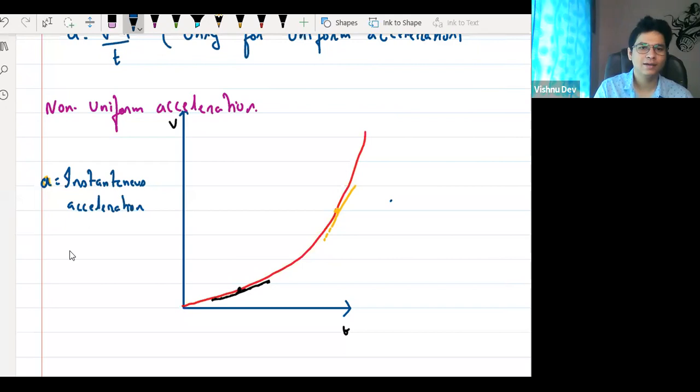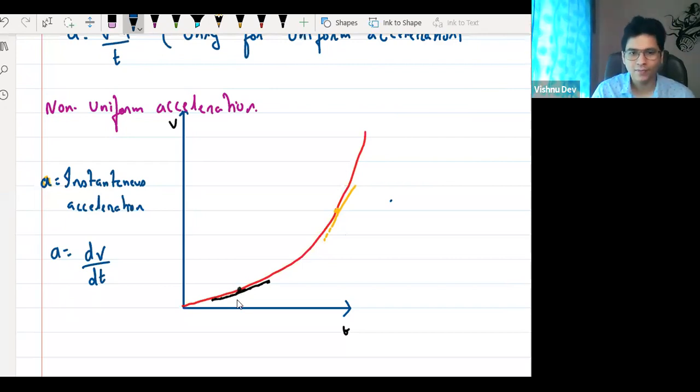So sir, acceleration will be change in velocity with respect to change in time, है ना? This is instantaneous. But if we talk about average,